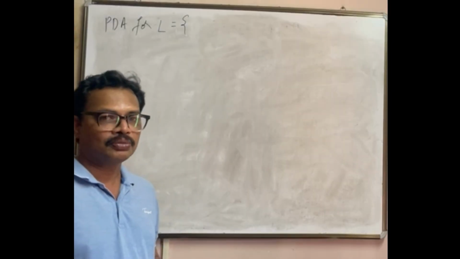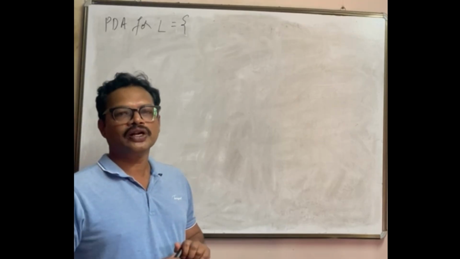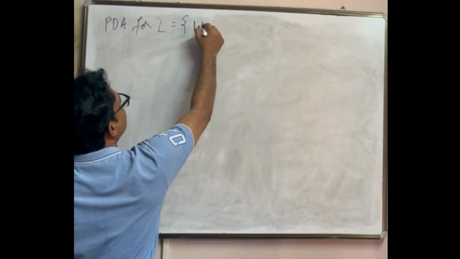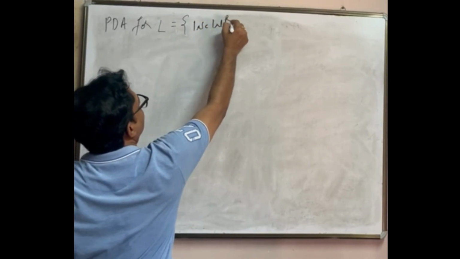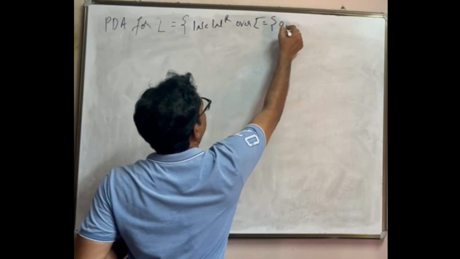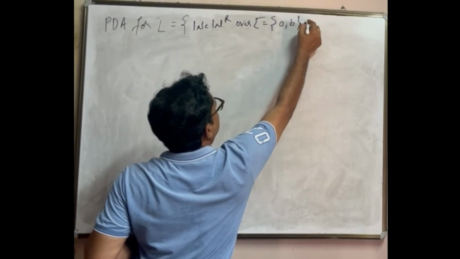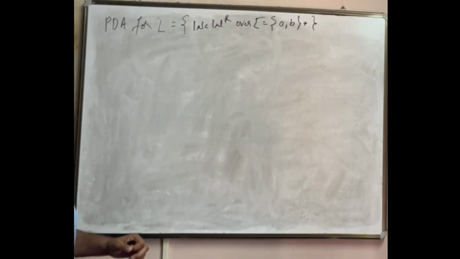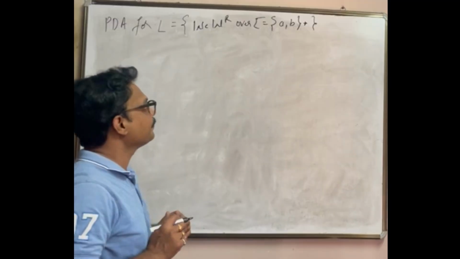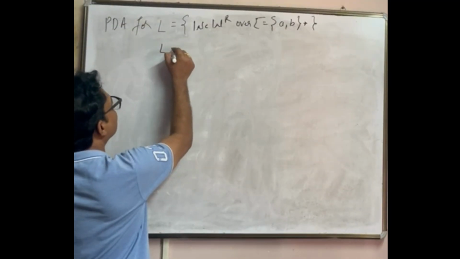Hello and welcome to one more video session on pushdown automata. For the language L equal to WcWR over the symbol set {A, B}*. Now this is the given language for which we have to design a pushdown automaton, and possible strings can be